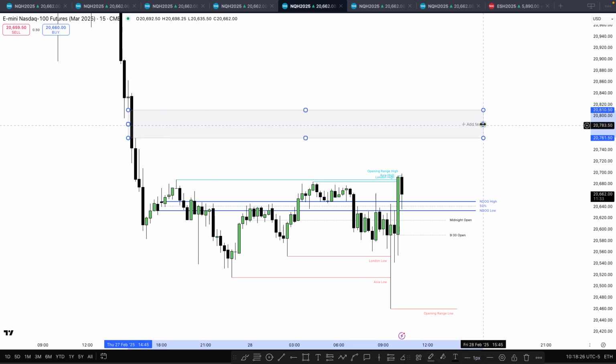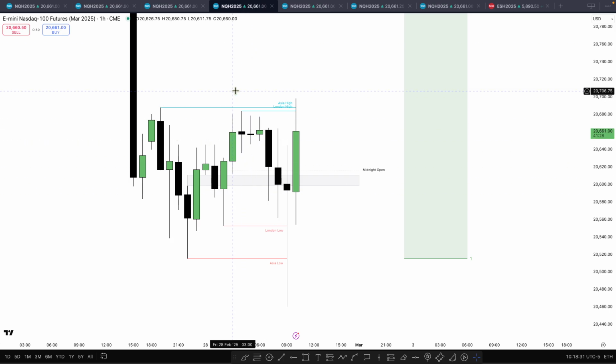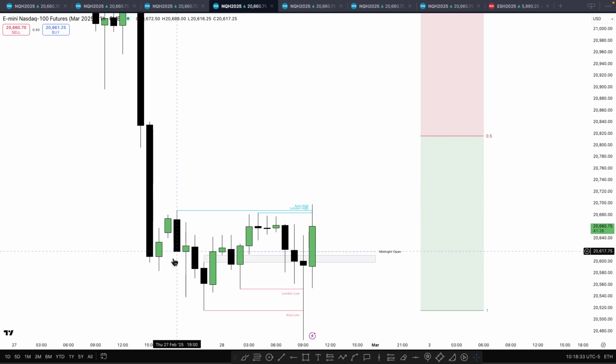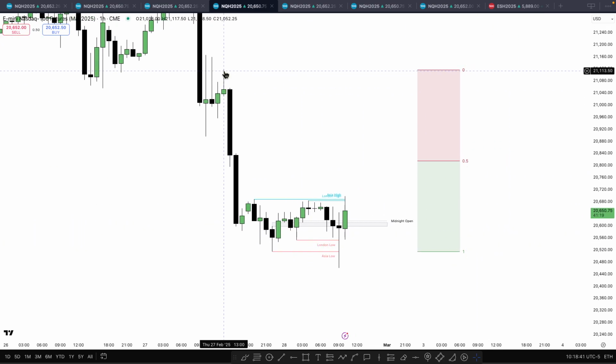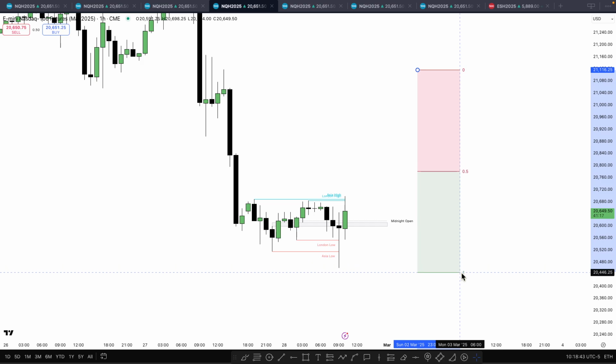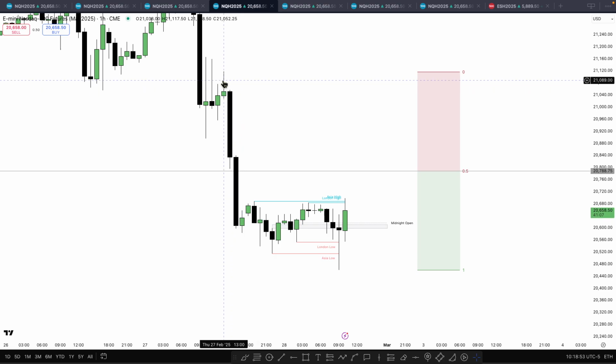Let's kind of just zoom out. We have this 15-minute SIBI here. See if we have, well, we must because we had the large dump, but so we're working this hourly SIBI here as well. Now this is my hourly refined dealing range high. We can break this down to here. If we do continue higher and see large expansion, equilibrium of this range. So I'm using the high at 1 p.m. yesterday to the low made this morning, just for clarity's sake. You can see 50% is right around